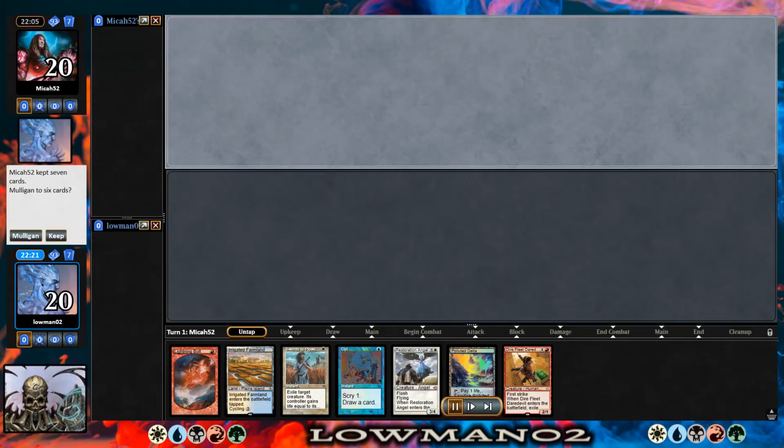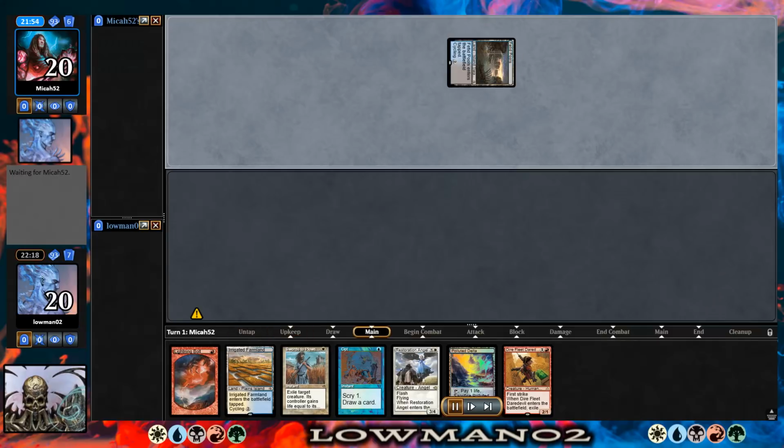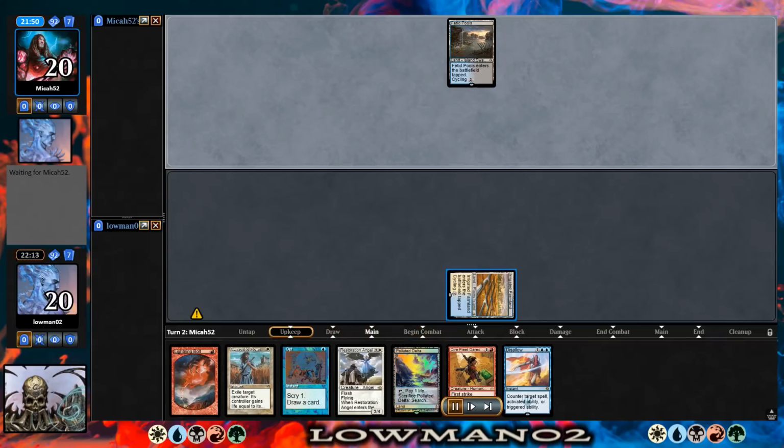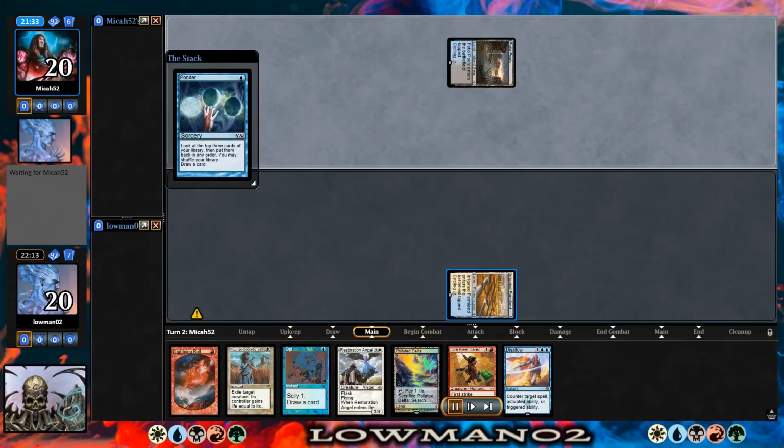Alrighty, so game 2. This one's actually a little more interesting a game. So I keep this hand. This hand's fine. It's got a tapped land, but it has an Opt to kind of fix. I'm not going to try to Opt on turn 1. I just want to get my tapped land out because I am going to want to have...